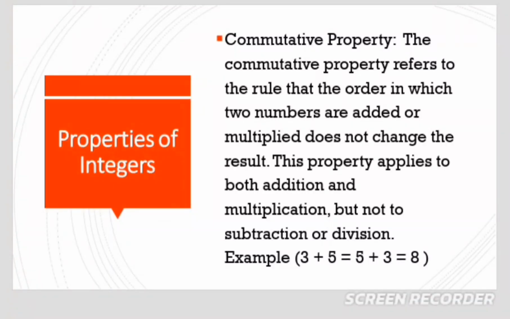Another property which we have is the commutative property. The commutative property refers to the rule that the order in which two numbers are added or multiplied does not change the result. This property applies to addition and multiplication only, but it does not hold for subtraction and division. Now take for instance 3 plus 5